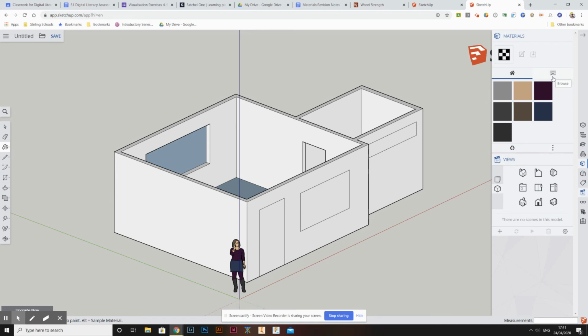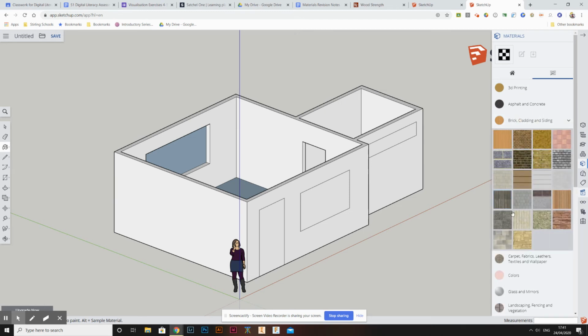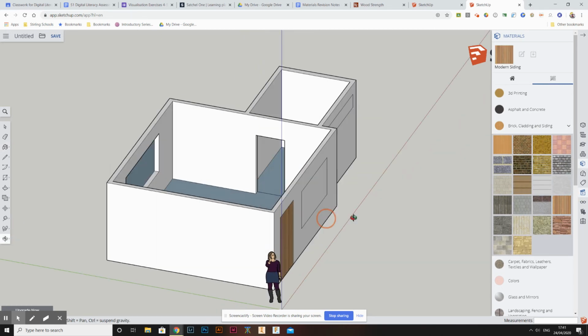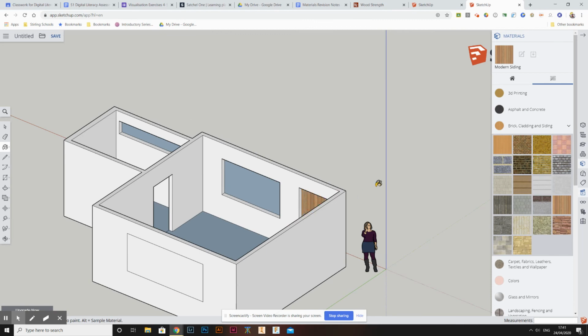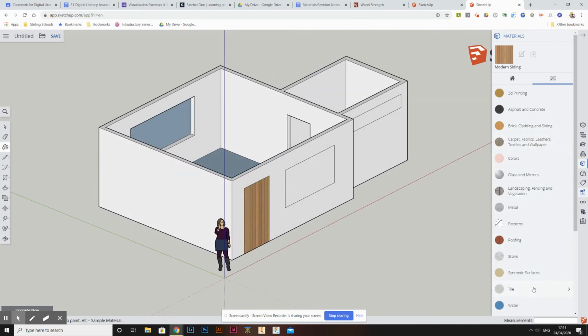And we're going to look for some appropriate materials. So we're going to look in here, first of all, for brick cladding and siding, and I'm going to use one of these wooden boards for the door. Do that on the outside and the inside, so it looks right. And then we'll do it with